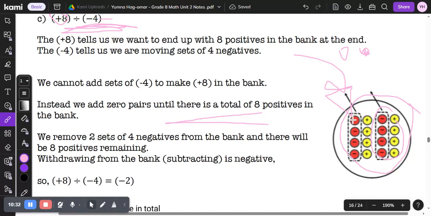But basically, negatives cancel positives out, so we have to get rid of the negatives for it to become truly a plus 8. Since we are withdrawing from the bank, subtracting the integers,